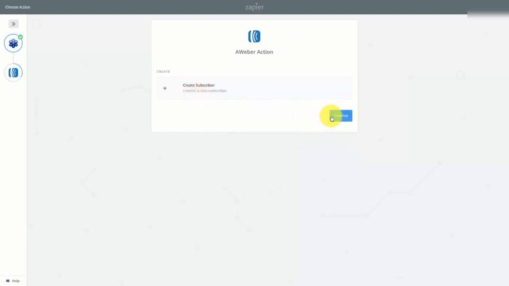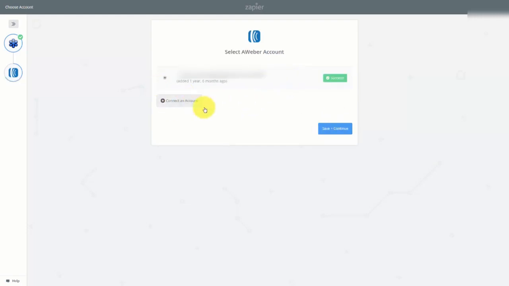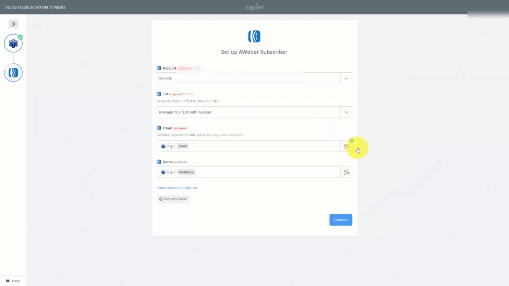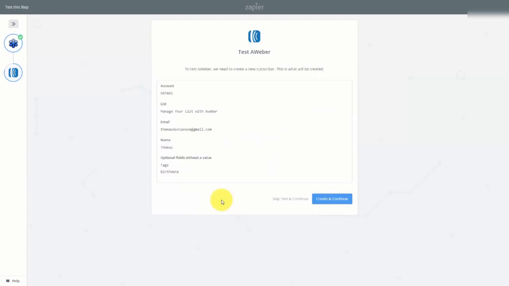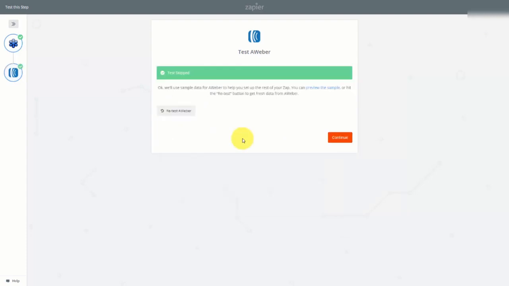So the Aweber action is going to be to create a subscriber. We're going to click continue. We're going to test or connect an Aweber account and then click save and continue. So we've chosen our account. We've now chosen the list. And now what we want to do is to click continue. So we want to test the system through Zapier, so we'll click create and continue. We've actually already added this email to the list, so we'll skip the rest of the test and then click